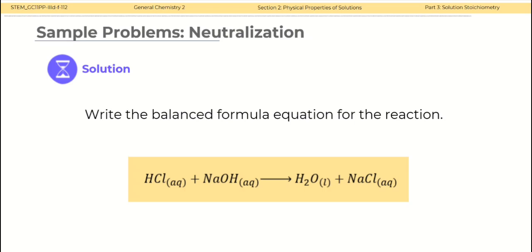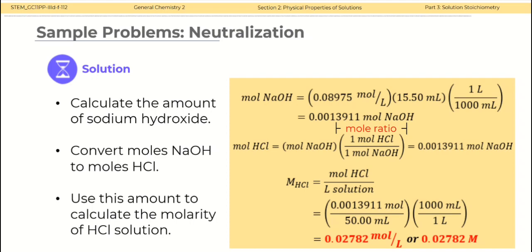Solution. Write the balanced formula equation for the reaction. For neutralization reactions, this type of equation is more conventional to clearly see the mole ratios of the acid and base that are reacting with each other. Calculate the amount of sodium hydroxide using the molarity and volume of the sodium hydroxide solution. The answer is